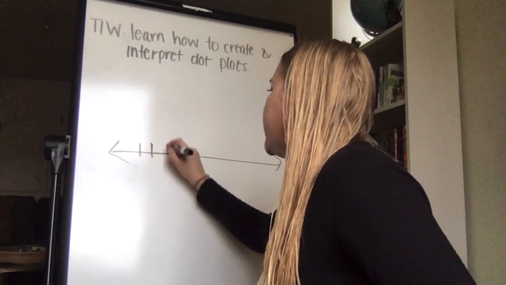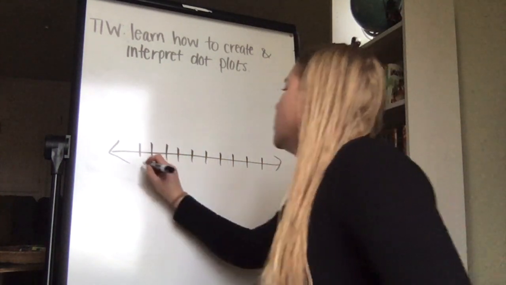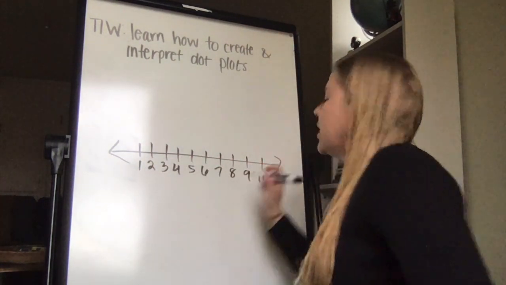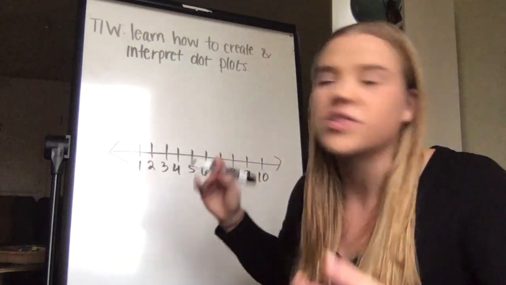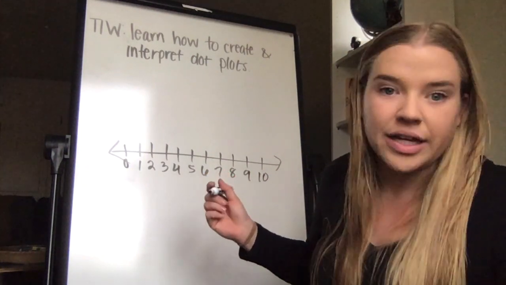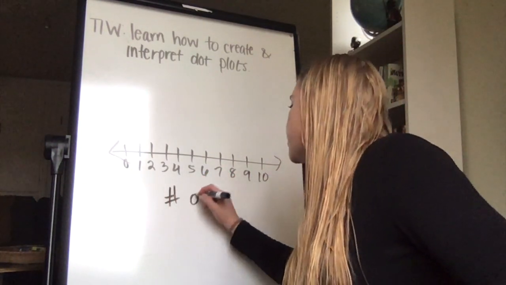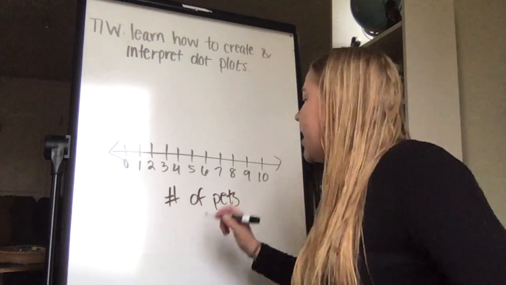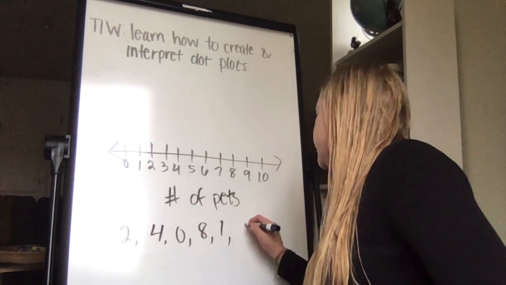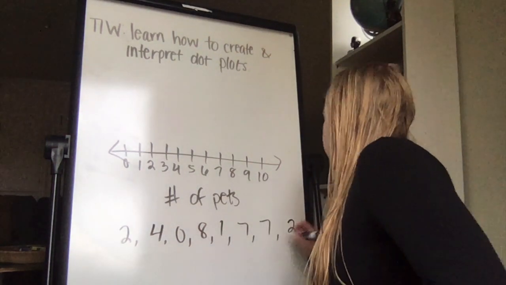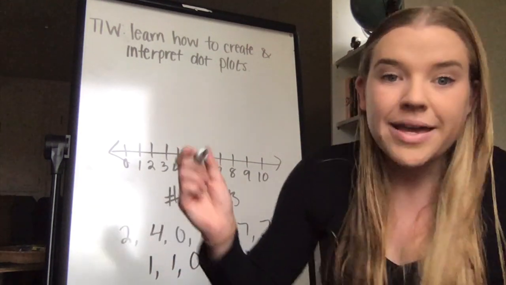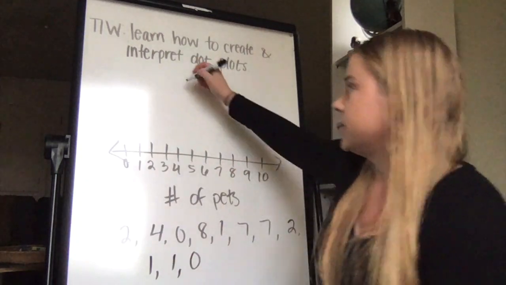Just like an average number line. And let's say 1, 2, 3, 4, 5, 6, 7, 8. Let's go all the way to 0. Let's say this is a number of pets. So let's say I surveyed a group of kids about how many pets they owned. And let's say I had somebody say 2, somebody said 4, somebody said 0, somebody said 8, somebody said 1, somebody said 7, somebody else said 7, somebody else said 2, another, I'm just going to make up random answers, okay? Basically, this dot plot